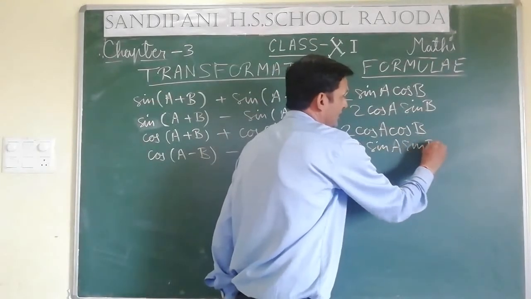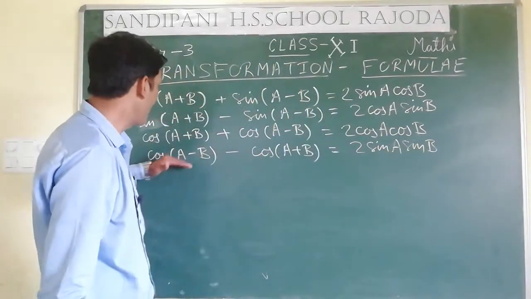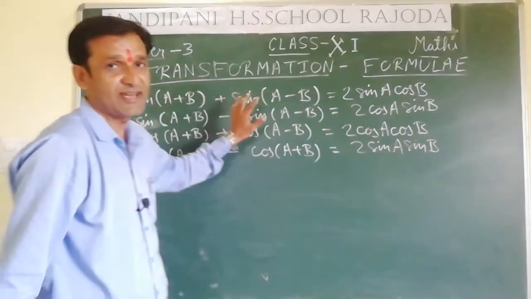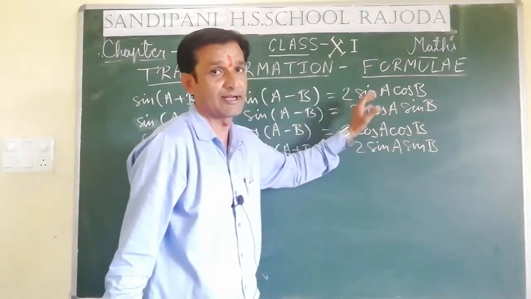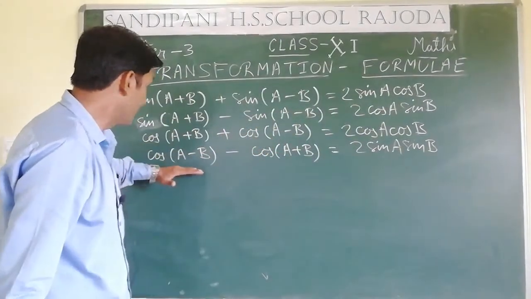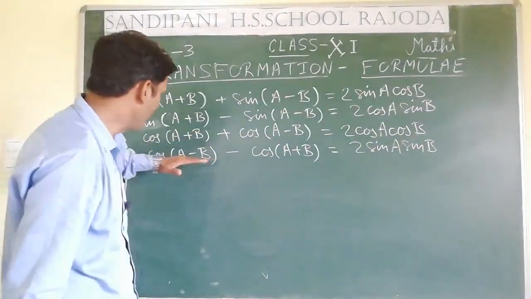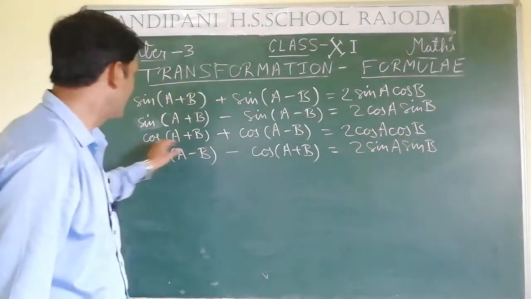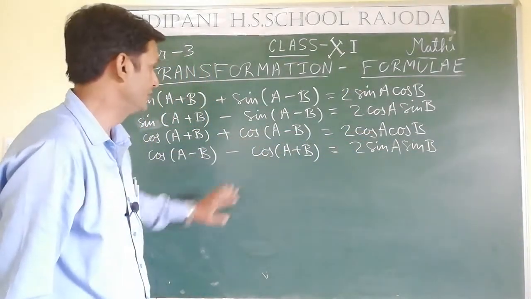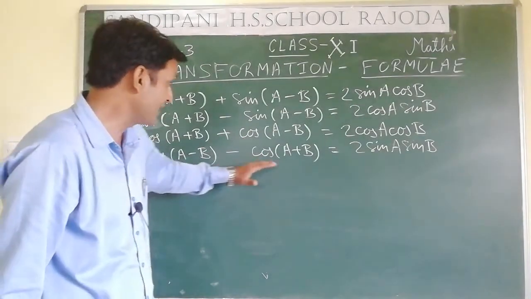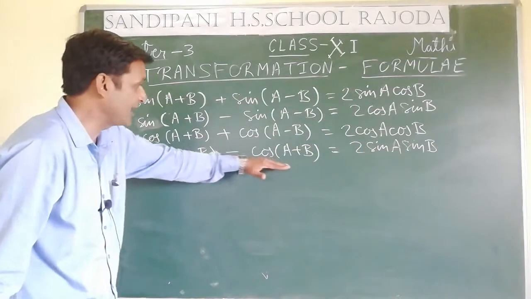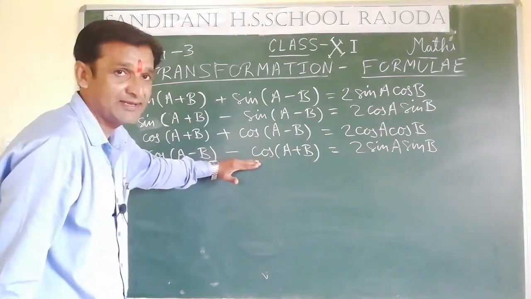So specially this formula you will have to remember. You may apply the formula of sin A plus B and sin A minus B in the LHS and you may get this value directly. So the thing which you have to remember is only this. In case of 2 cos A cos B, here it is plus, so it does not matter. But in case of minus, you will have to put cos A minus B in front and then cos A plus B, and in between the minus sign should be there.